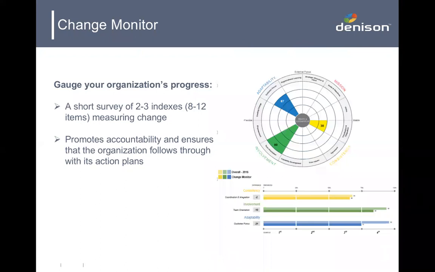And sometimes we even use a sample so that it's a lighter, smaller, faster project. But here we might go back to the organization 3 to 6 months after the survey process to do a change monitor to track and see if the changes are starting to take